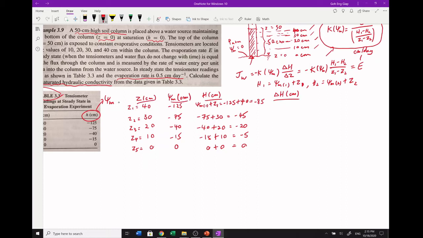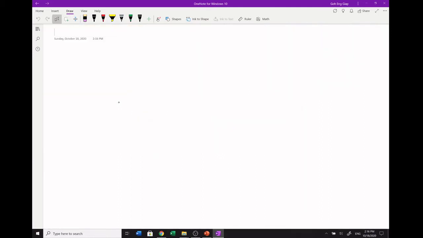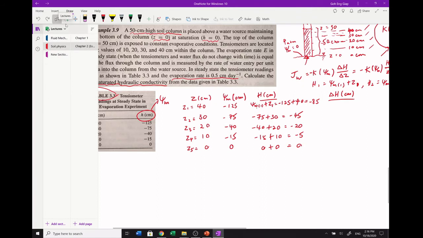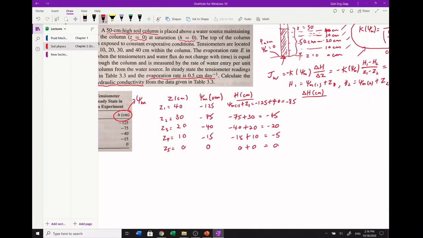Okay, H in centimeter. All right. So we're going to find the difference. The difference here is given by